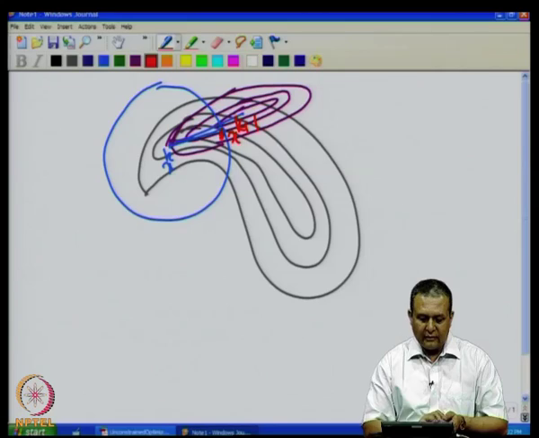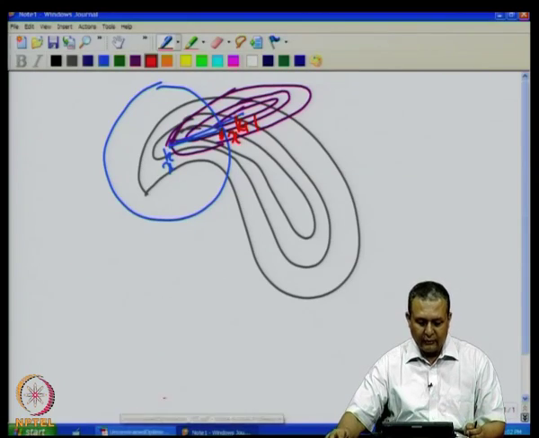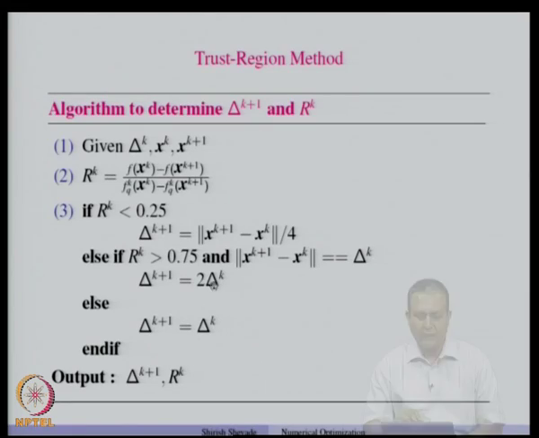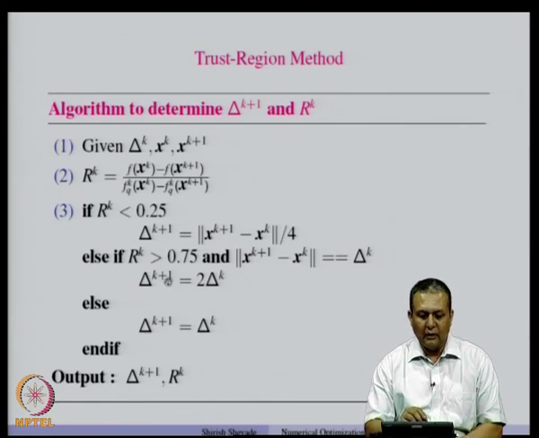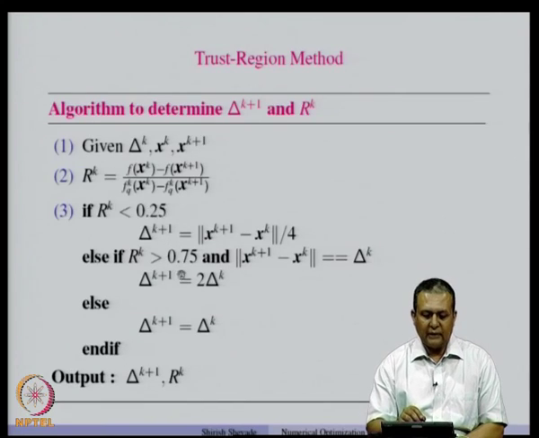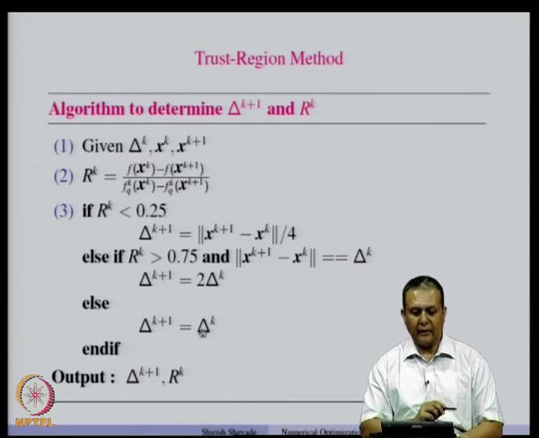So, in such a case, what one can do is increase the region of trust to 2 delta k. So, whatever was the previous delta k is multiplied by 2, and if none of these two things happen, then you retain delta k plus 1 to be delta k,